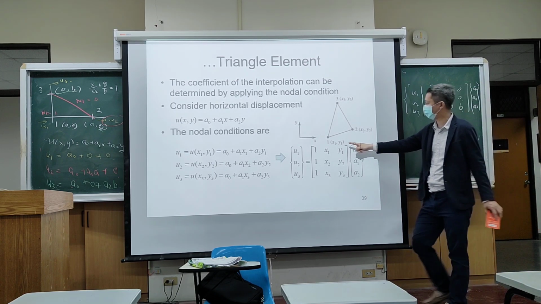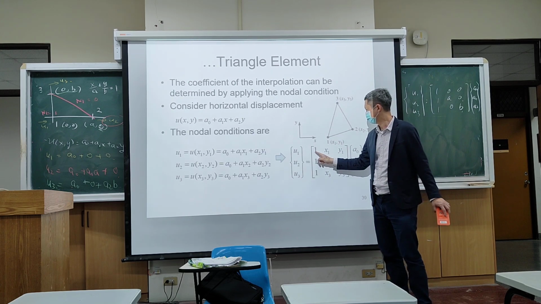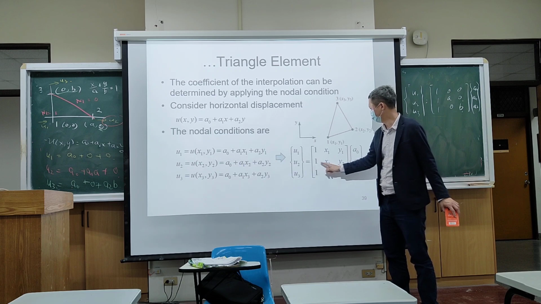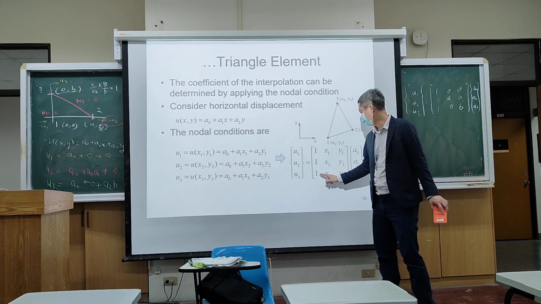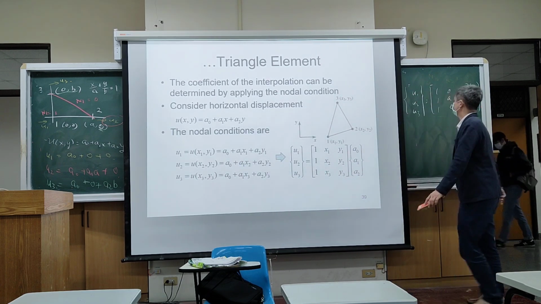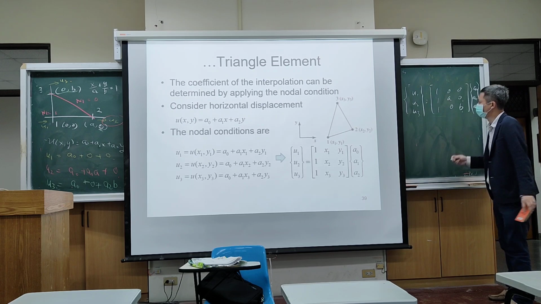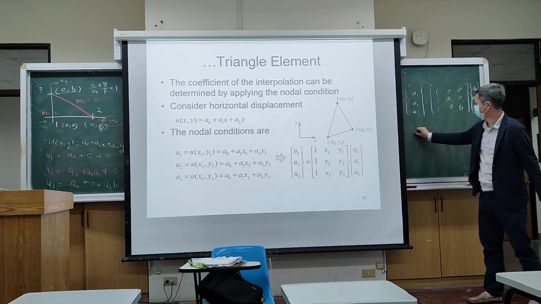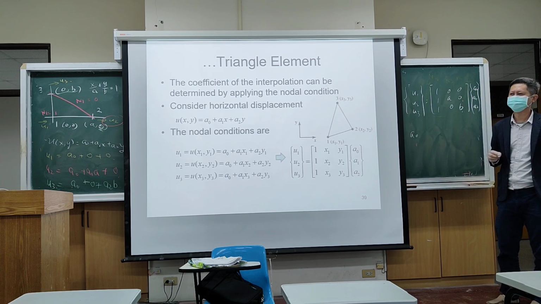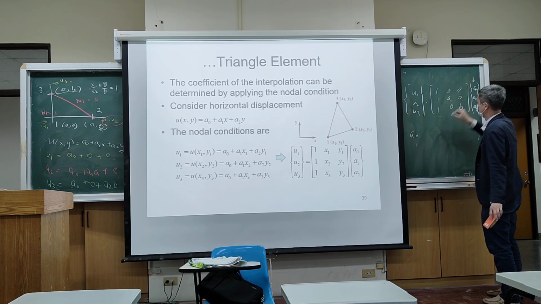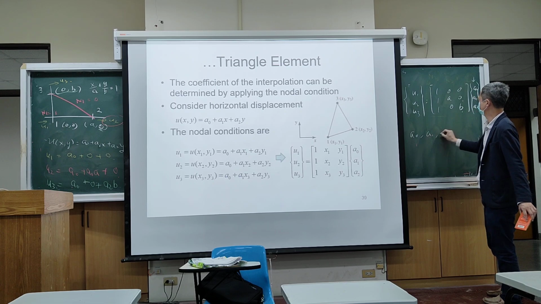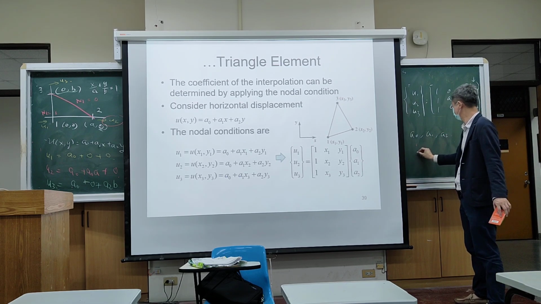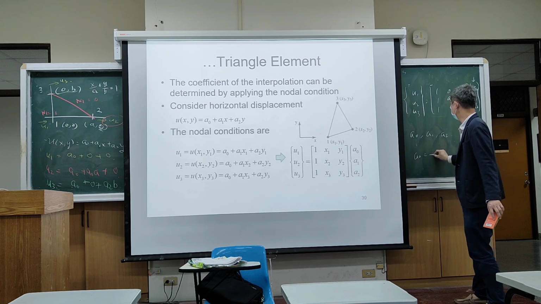This is basically the coordinate of the nodes. 1, x1, y1. 1, x2, y2. 1, x3, y3. So in that way, would you be able to find your A0? Because the unknown is A0, A1, and A2. So by using your Cramer's rule, A0 is